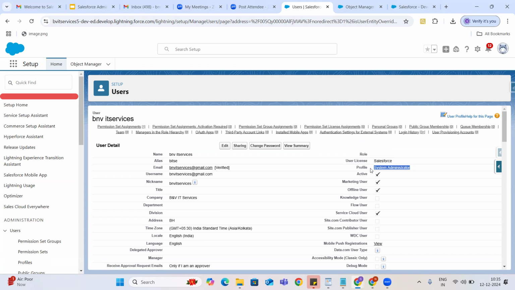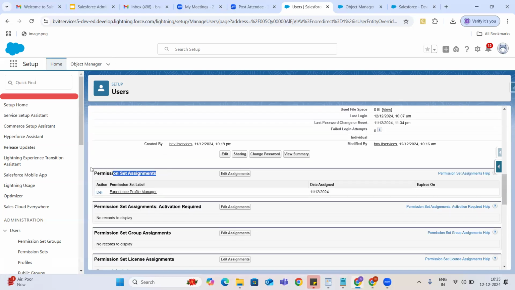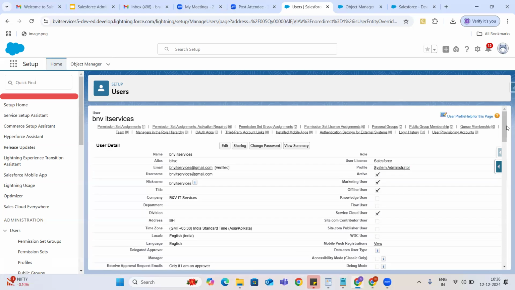Then out of these individual 5 users, if I want 2 users to do one operation and 3 users to do some more extra operations, in such cases we will go with permission set assignments. So we will assign more permission sets to those 3 users who would like to perform more operations. Okay. So license, profile, permission set: this is the 3 combination that will define what this user can do inside this org.